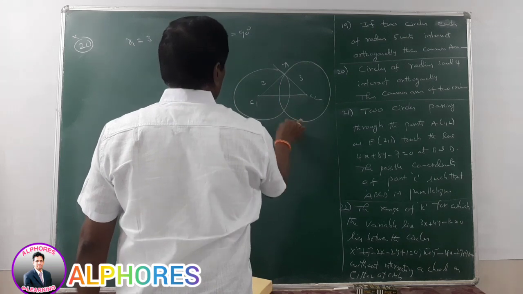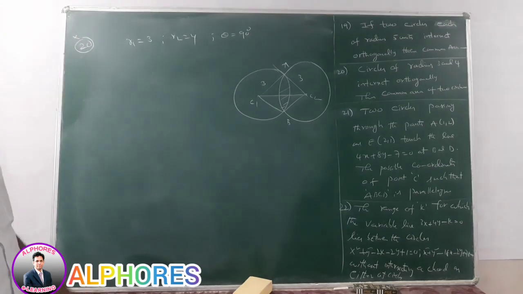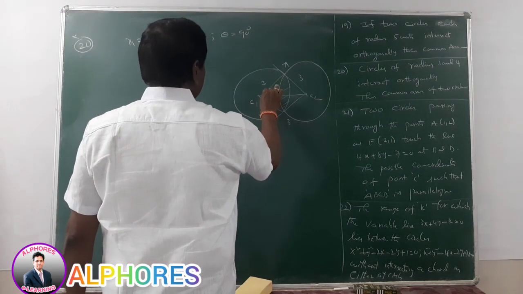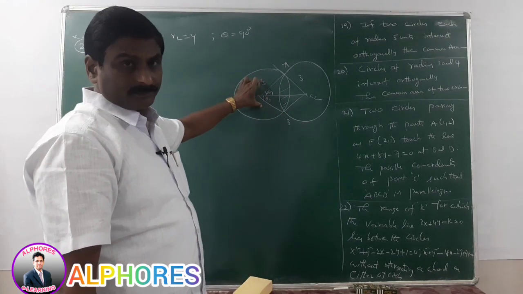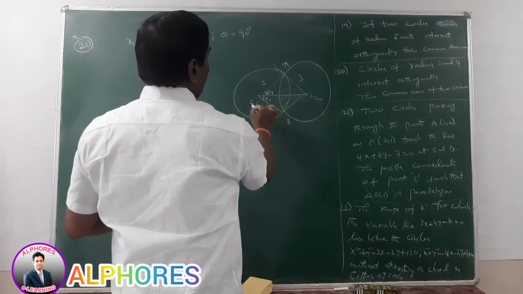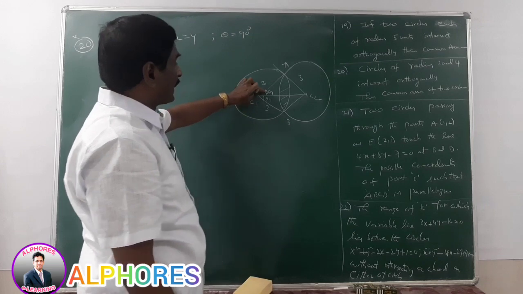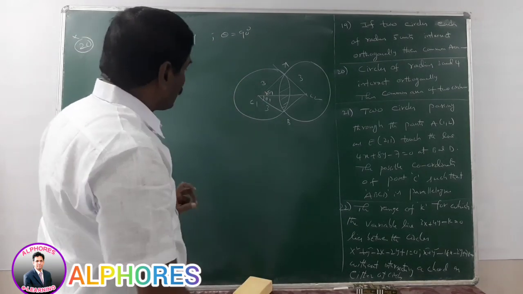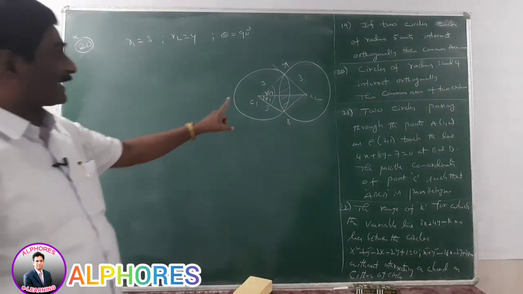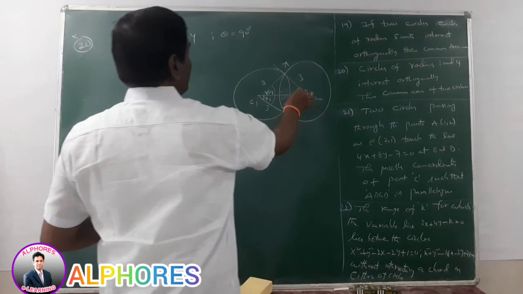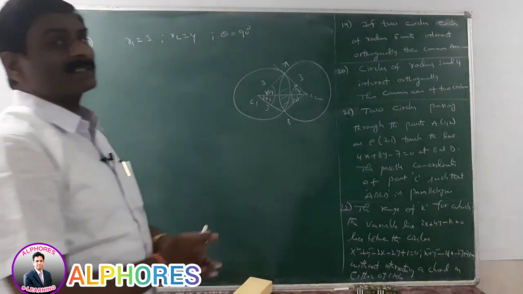Say A, B are the points of intersection. Now we find this area. Please observe this value. Say this value is theta 1. This is automatically theta 1. It is 3 units, this is also 3 units. The chord is bisected into two parts, so these two triangles are identical. That means it is theta 1, theta 1. Now the angle of the sector is total 2 theta 1. Here, say this value is theta 2. This is automatically theta 2. The total angle of the sector C2AB is 2 theta 2.